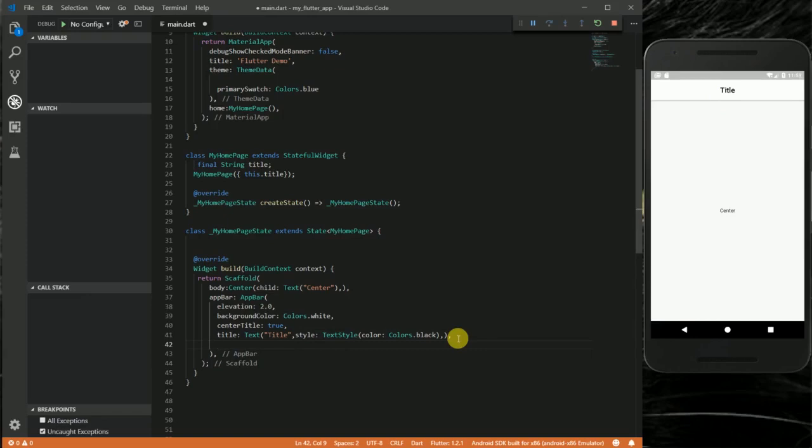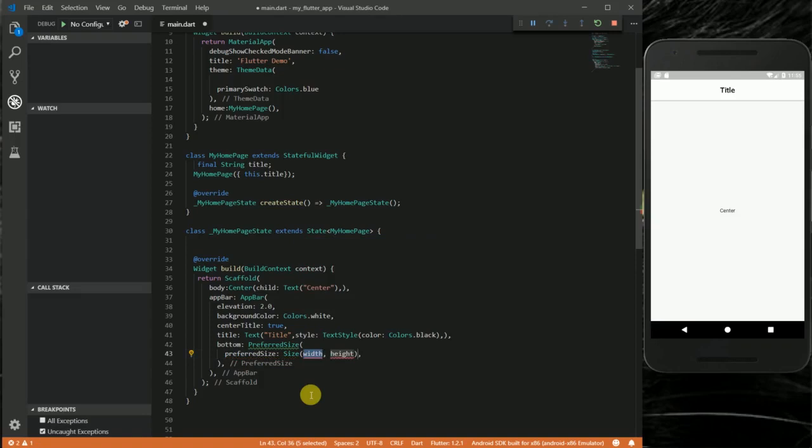So the app bar also takes another property called bottom, and this bottom is where we want to place our segmented control widget. But before then, we want to put this segmented control in a preferred size widget so as to make it with the available space in the horizontal lines. So I'm going to say preferred size takes a property called preferred size, and this preferred size typically takes a size widget. So I'm going to say,